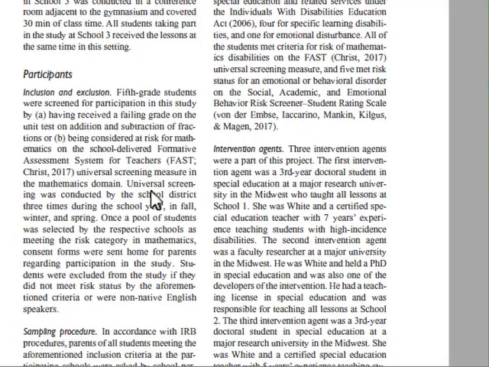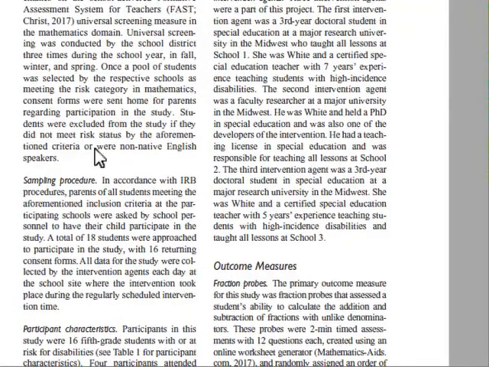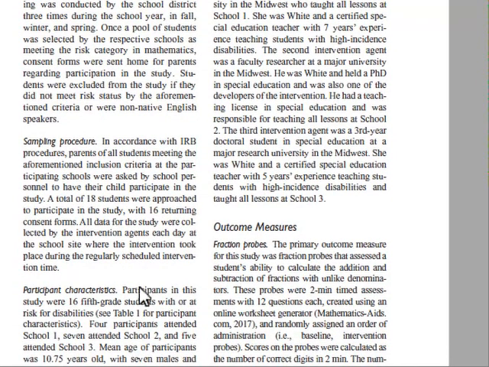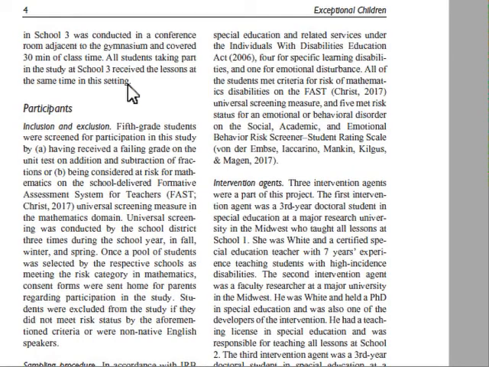This one's not a very good example, because generally speaking, once we had the participant, we would set up the setting and the sampling procedure, but then in our participants we would generally have a heading for each participant that would give their age, their gender, their socioeconomic status, anything that would be relevant. So gender, age, race, ethnicity, free or reduced price lunch, disability, and then their risk status. So this would be put essentially into a paragraph form for each student. For this one, we were doing it by school, so that wasn't necessary. But generally speaking, we would see a single case design that would look like,